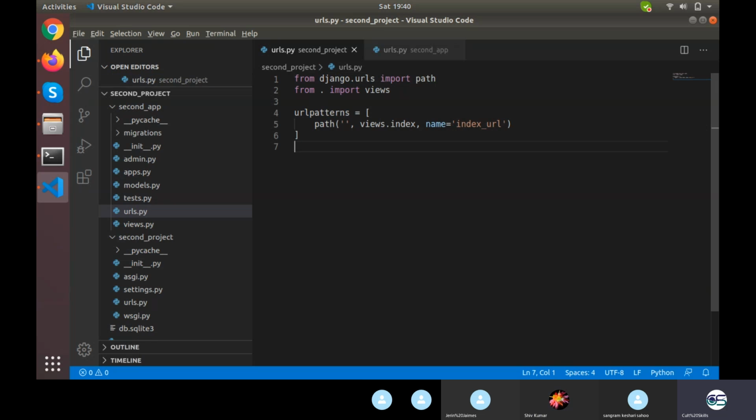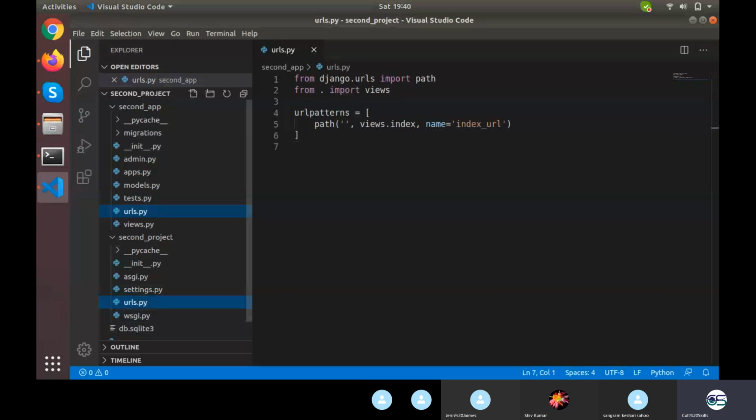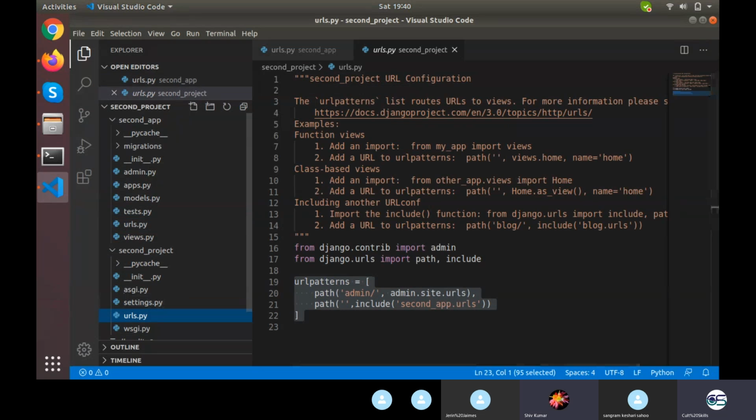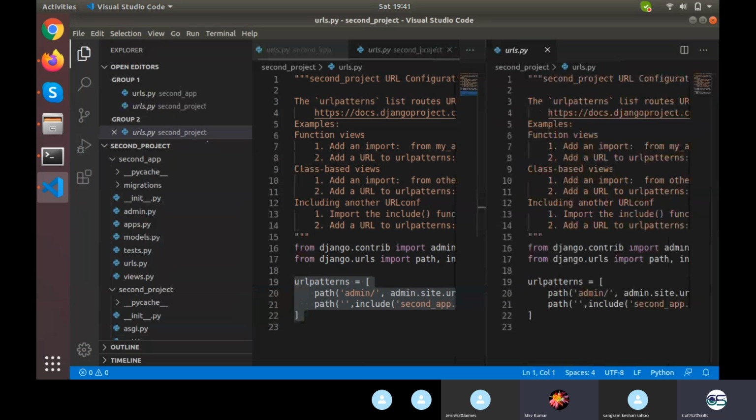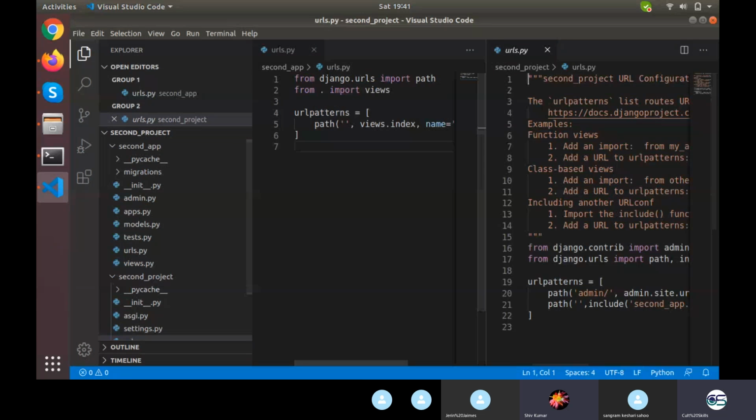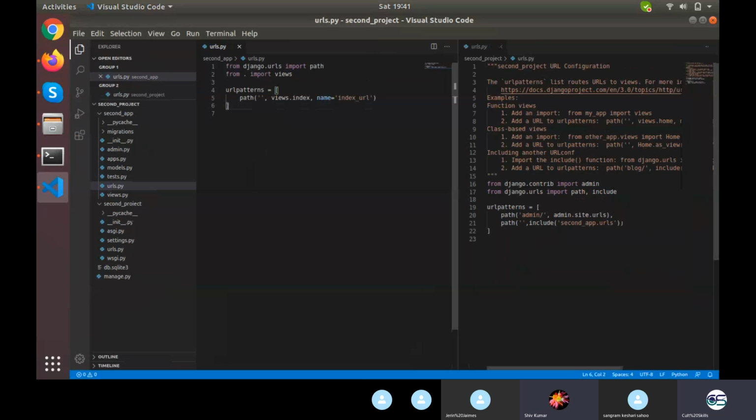So I'll open two files parallelly for you. Wait. Yeah, this is done. urlpatterns. This is done. Okay. So this is the project part, and urls.py.